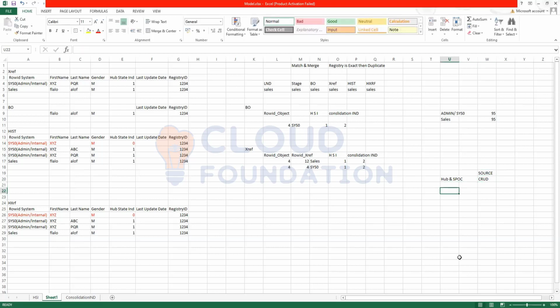Then there is coexistence. Coexistence means MDM and source both are doing the CRUD operations. Then there is registry. 99.99% you will not see this in any MDM implementation. They have gone ahead and created it, but it's nowhere utilized because it is somewhat a regular